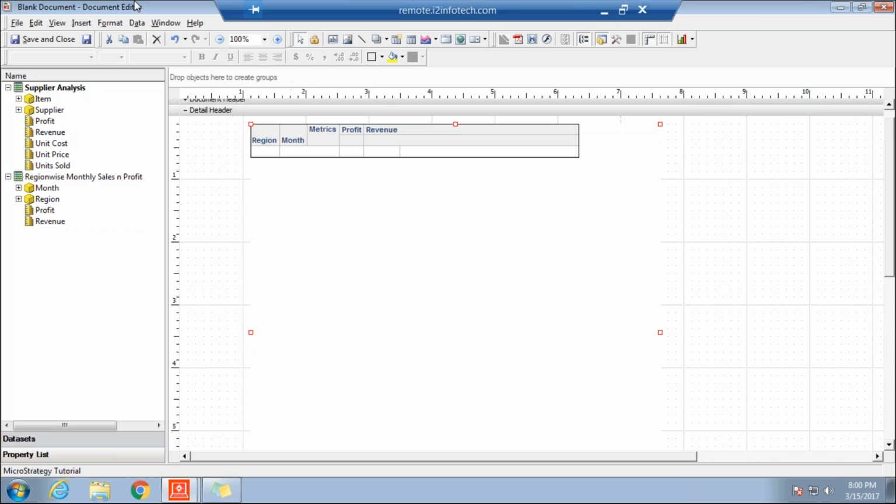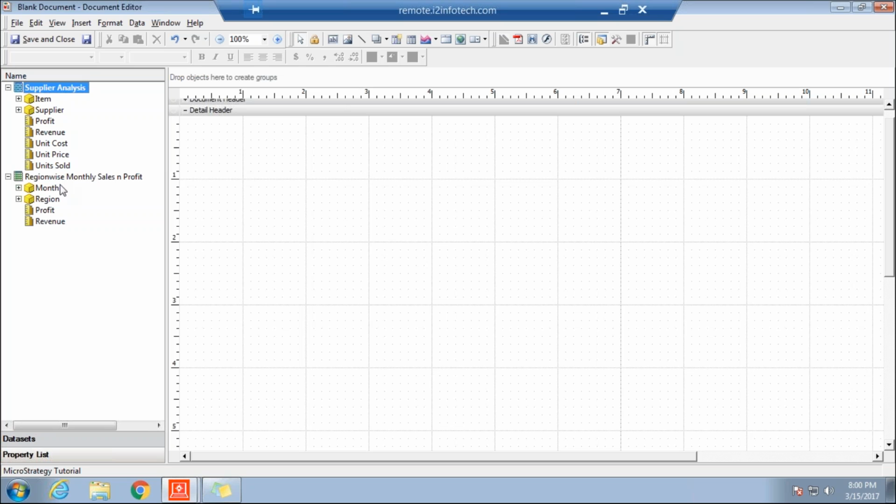We'll get there, but as of now, this is one way to add a report into your document. You just drag that particular report and place it into your detailed header section. So this is one way. But say, for example, in this particular report, if you look, 1, 2, 3, 4, 5, 6, 7 columns